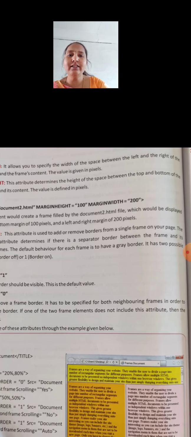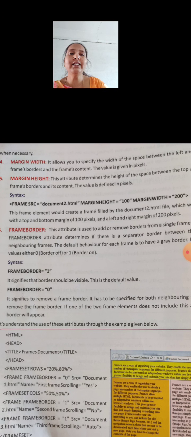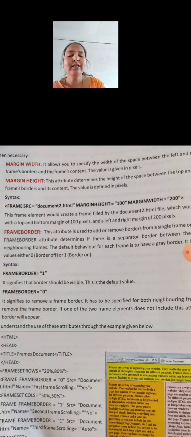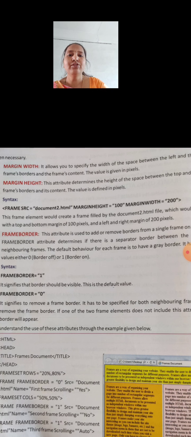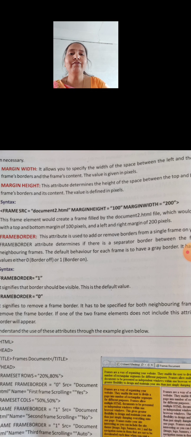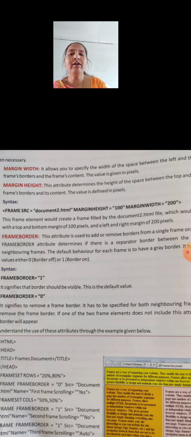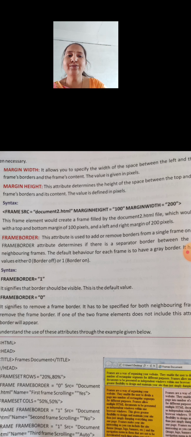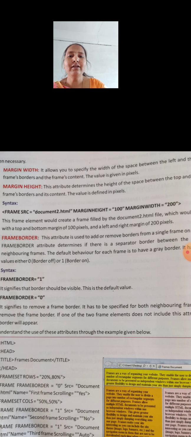Next one, margin width. This margin width is another attribute that gives the width of the frames in a web page window. How much width we want for the frames, for that we use the attribute called margin width, and to mention the height of the frames we use margin height.